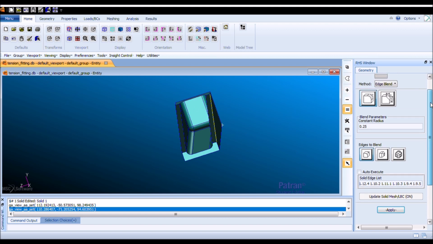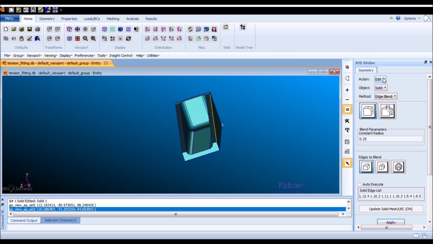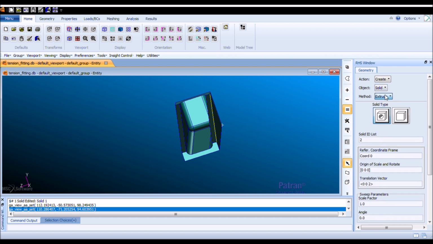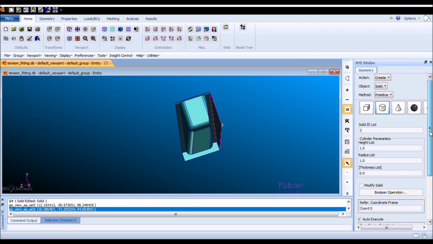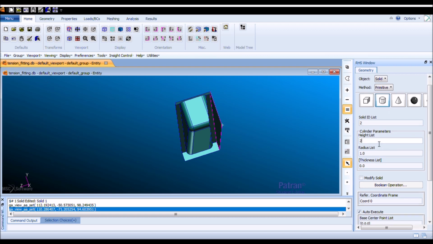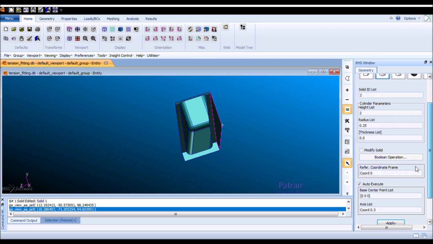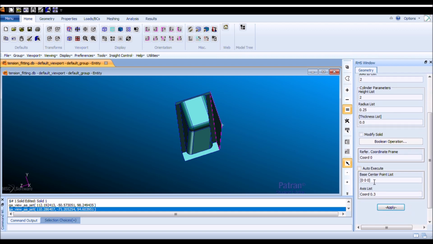So the same in geometry, we wanna head to create solid and primitive. We're gonna select the cylindrical option, select the height as 2, radius as 0.25, we're gonna click down the Auto Execute,